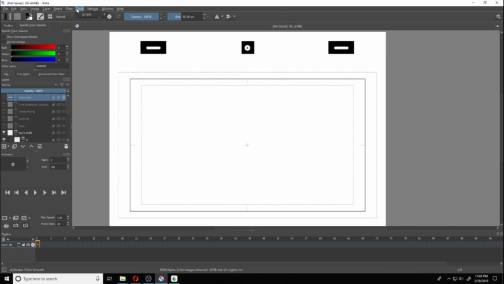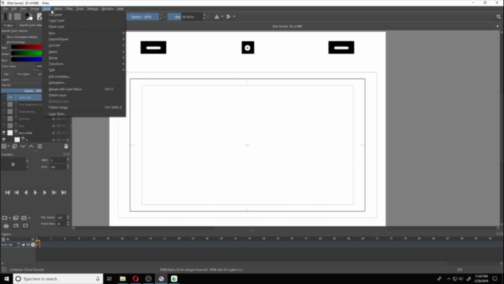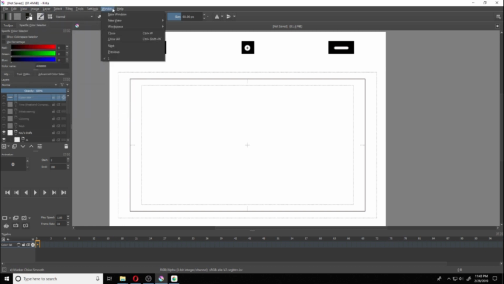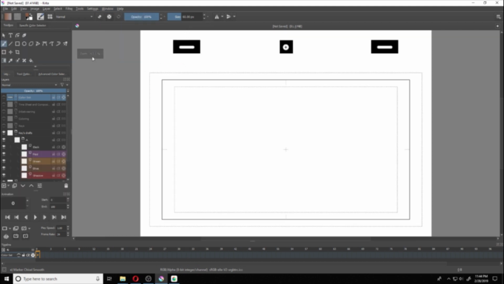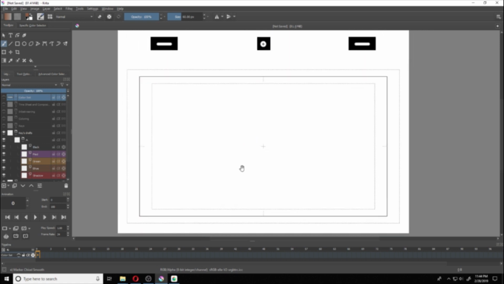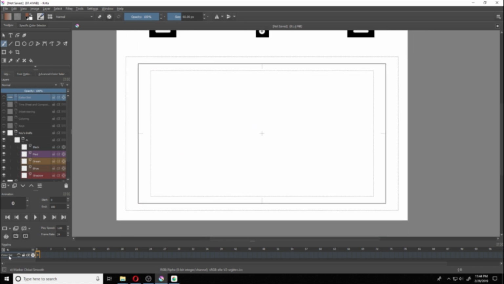If it doesn't, I believe you can go to Window Workspace and click Animation, and it will take you directly to what you see here. So the first thing you will do is, you might struggle to see it, but you will go down to your timeline